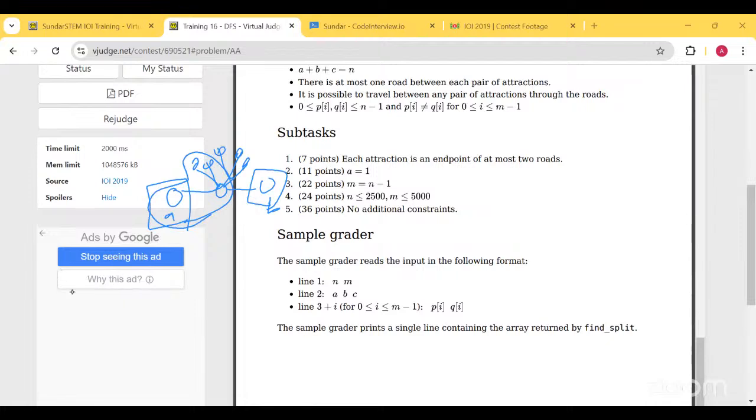So when the answer is impossible, when A and B intersect, then what if the graph is, wait,